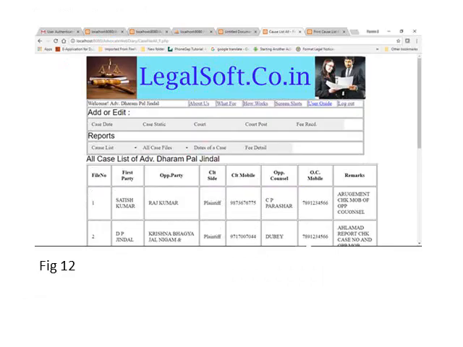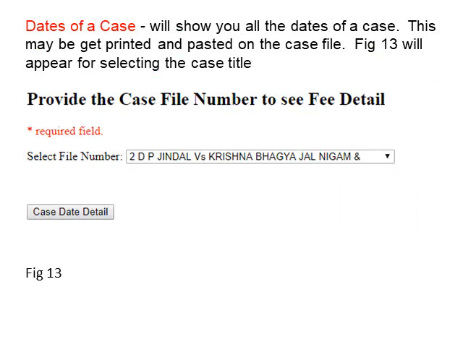Next, dates. Here figure 12 is shown, which shows the file numbers of cases, and in dates of case will show you all dates of a case.